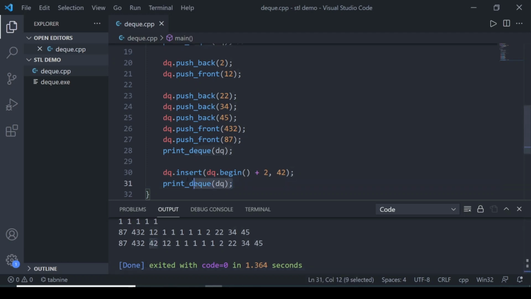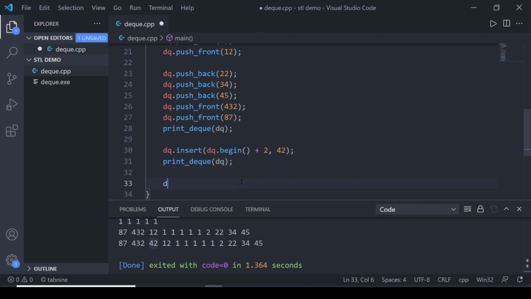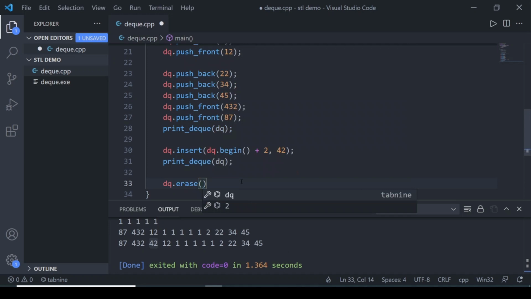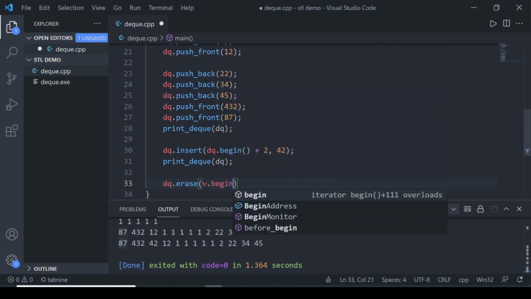You can do that, but I think if you just want to apply operations from the front and back side, then you shouldn't use the insert function. Similarly, you can erase things also. You have to pass the iterator position which you want to erase. For example, you want to erase this 12. So now it is dq dot begin, 1, 2 and 3, so it's dq dot begin plus 3.